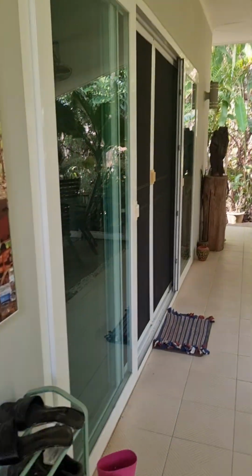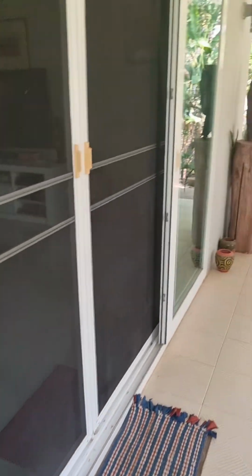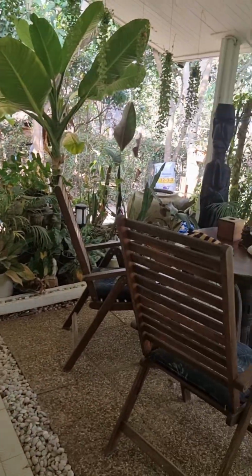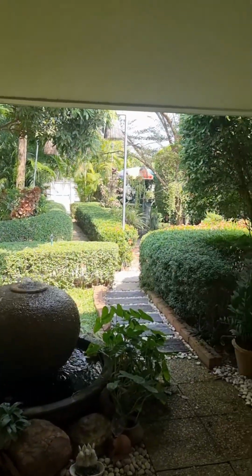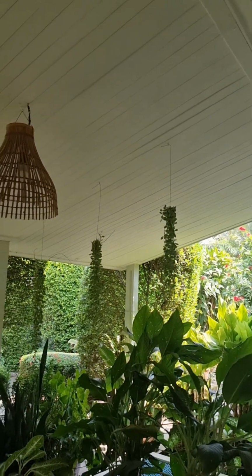Once again, big double doors opening out from the living room, facing north. Never gets the sun on the north. I've had people write and tell me that the north side gets sun. I don't know which hemisphere they're living in, but it doesn't. Once again, a bigger undercover area, 3 metres again,